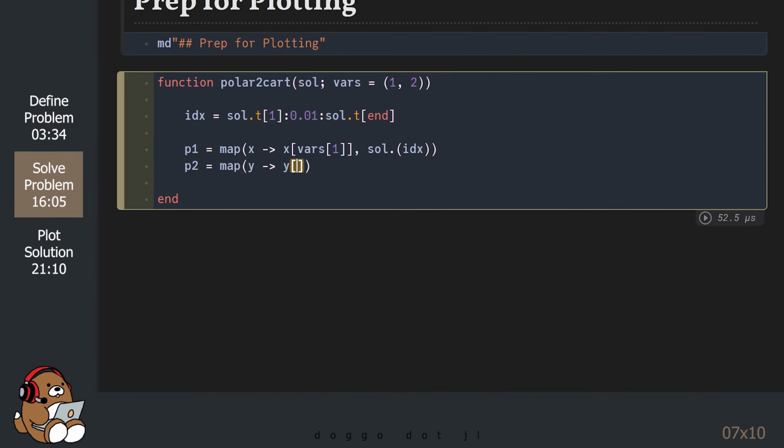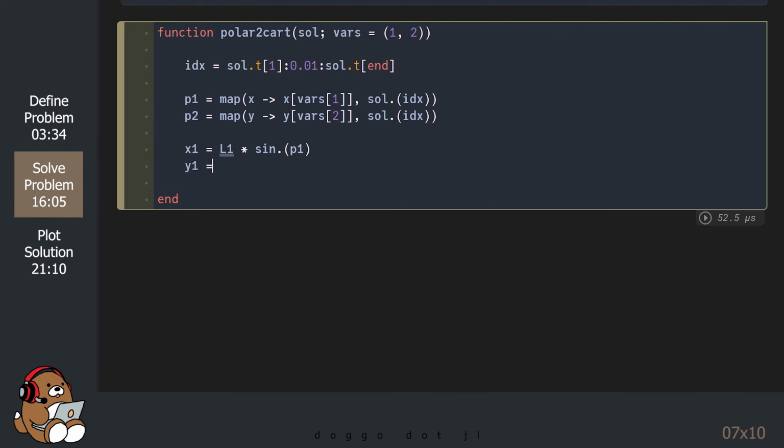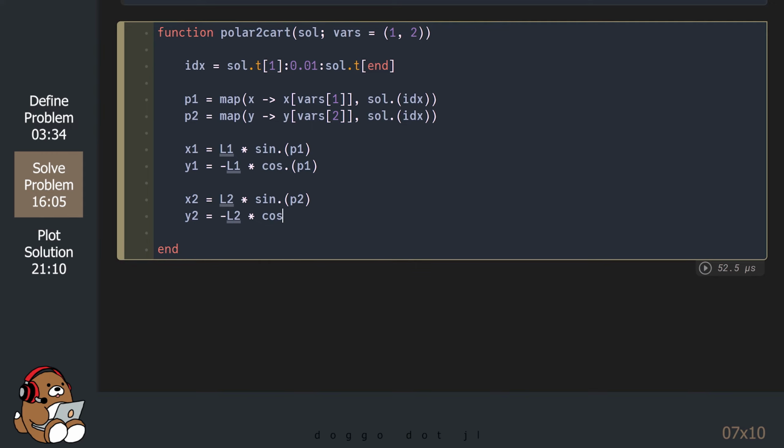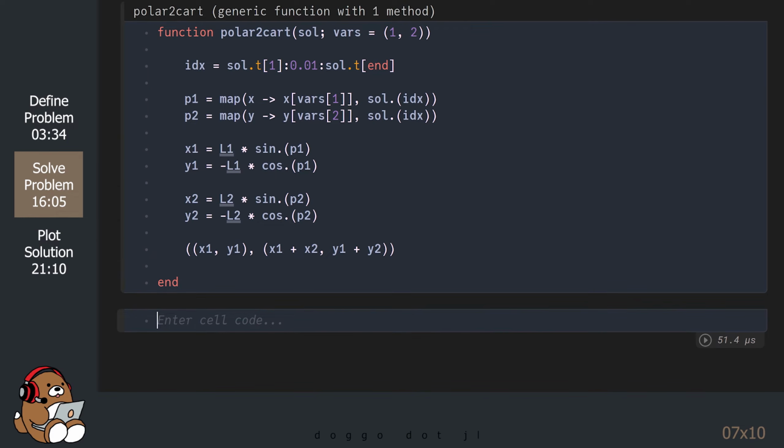This code is a more clever way of doing what I was attempting to do in the last tutorial. Since the values of the solution are contained in a vector of vectors, this code will pull out the theta1 and theta2 values from the solution. The code will then apply a little trigonometry to derive the x and y coordinates for both the first bob and the second bob, and then place those x and y values inside of a tuple. This is the same trigonometry that we used to find the x and y coordinates in the projectile motion problem.